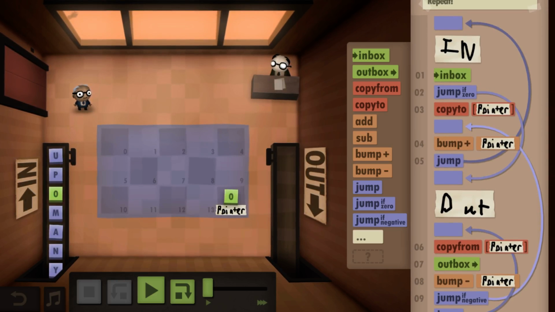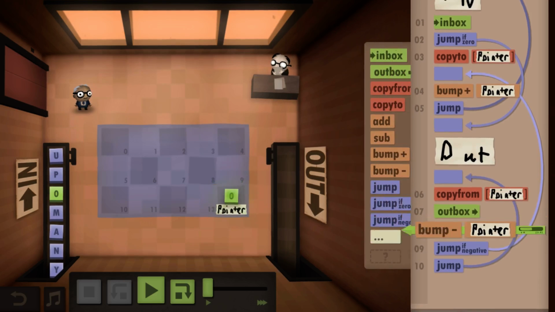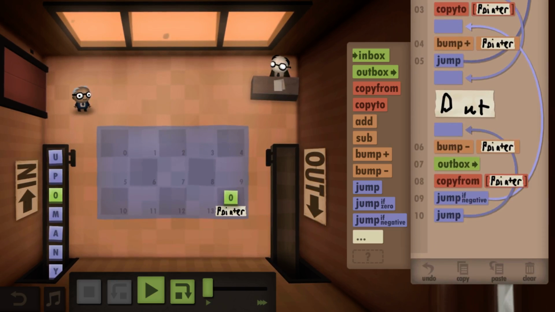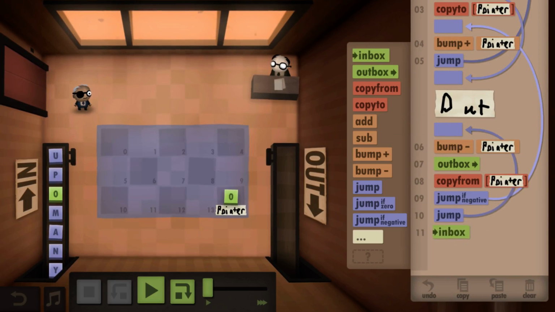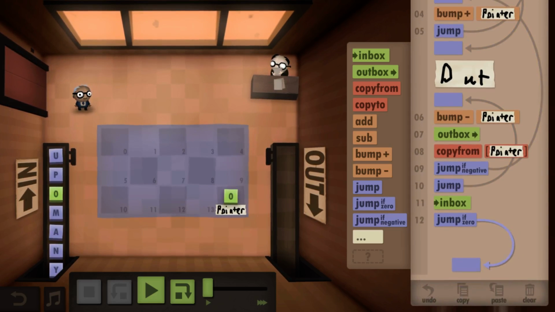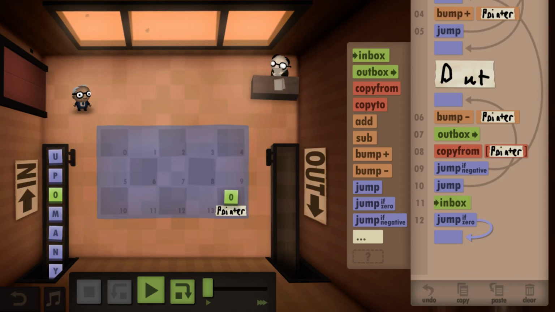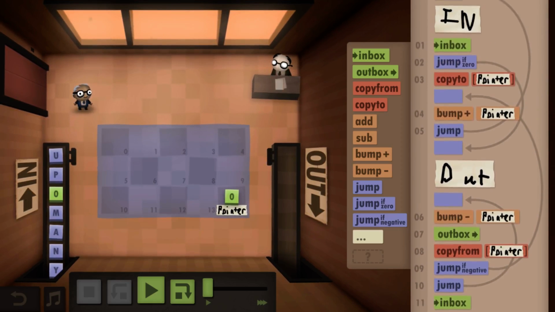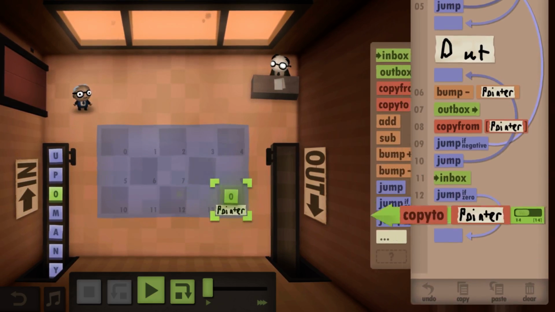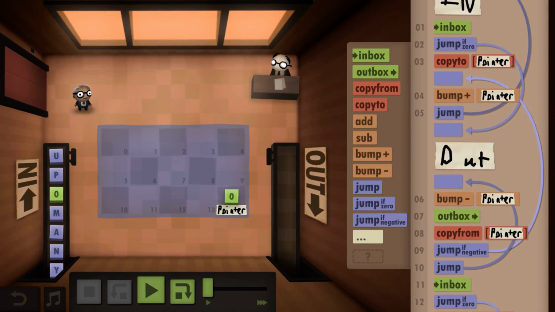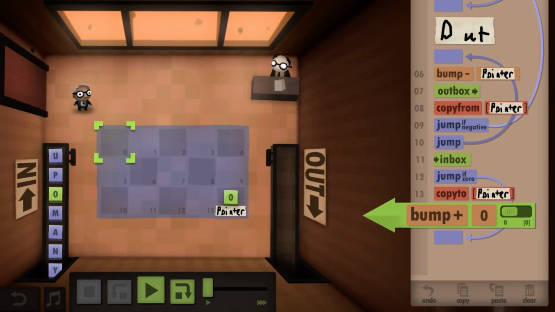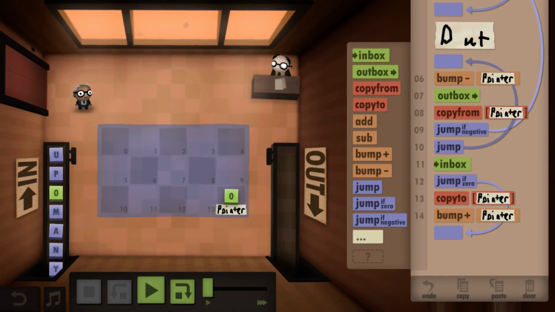See pointer plus, nope. I think the easiest thing to do again would simply be add an inbox, do a jump of 0, copy to the pointer, reference that, bump up the pointer, and keep doing that